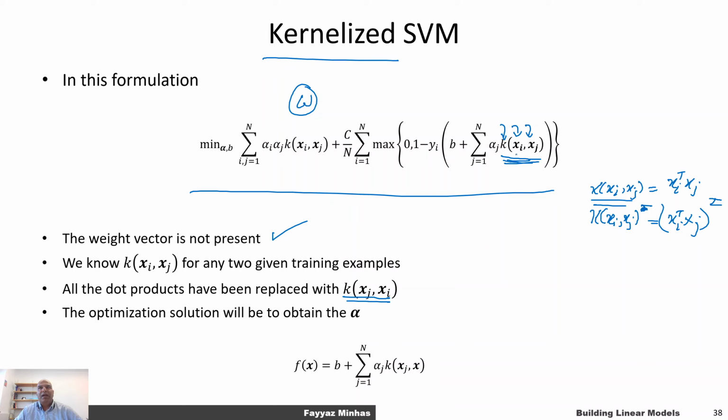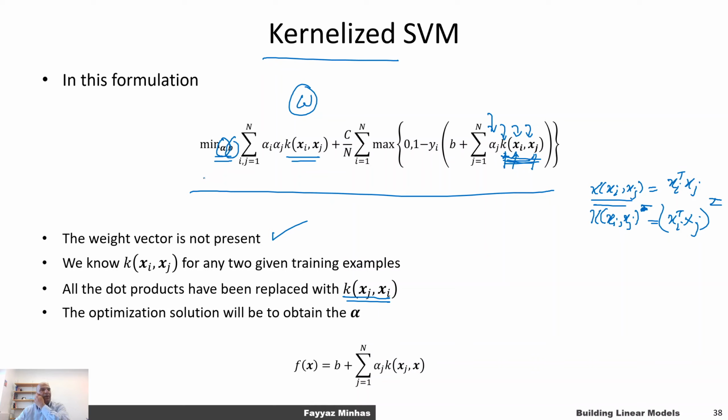So we know xi, we know xj, that means we know k(xi, xj). The only things we don't know are the alphas. We don't know what the values of alpha should be. So instead of this minimization being with respect to w, it is with respect to alpha